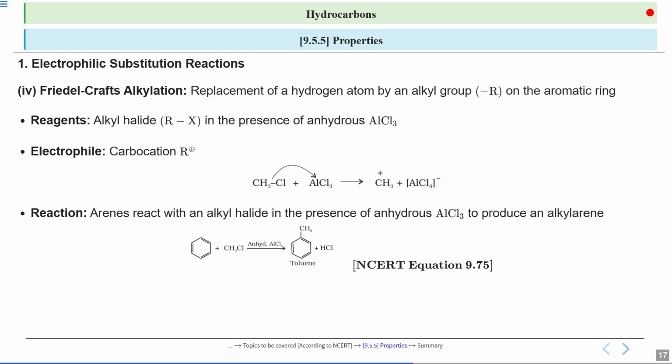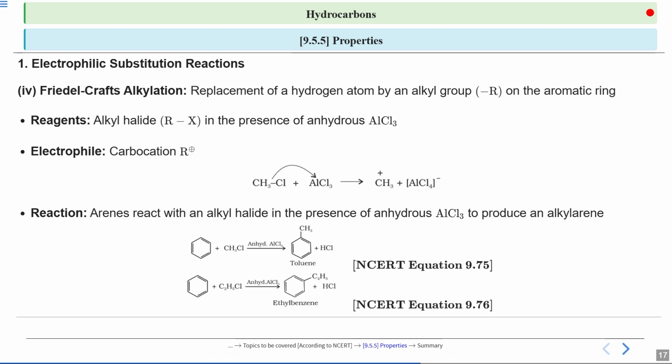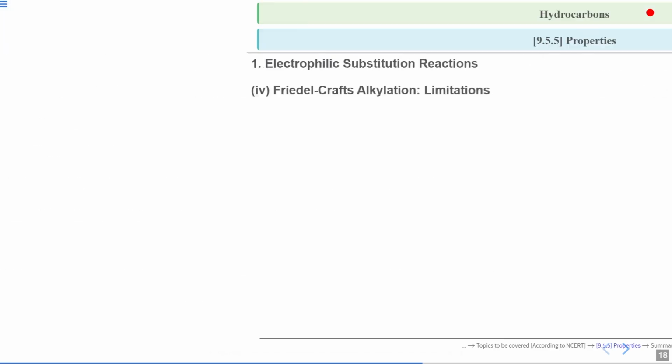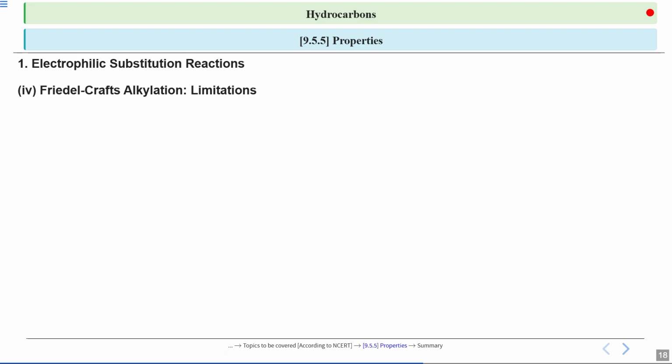Now this is a backlash for this Friedel-Crafts alkylation as well. Let's see how. If you are taking ethyl benzene in case of methyl benzene, it can also be produced by taking your ethyl halide. Now we will talk about the limitations. As I said,